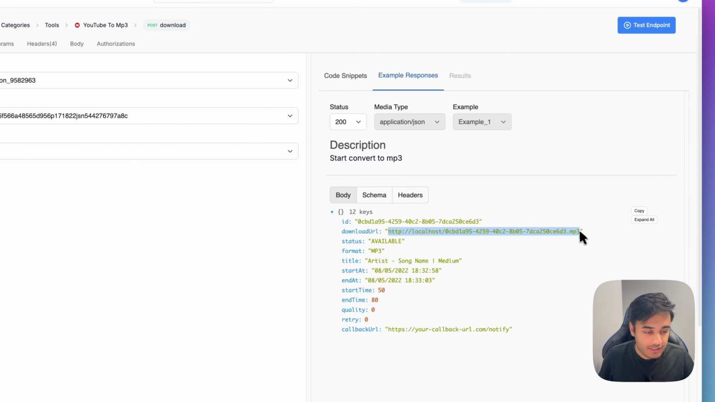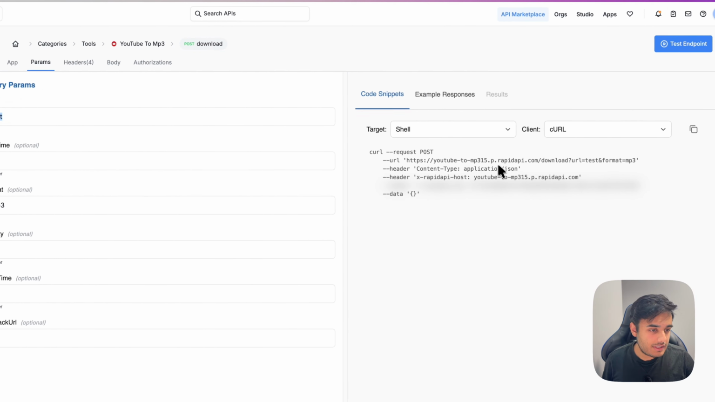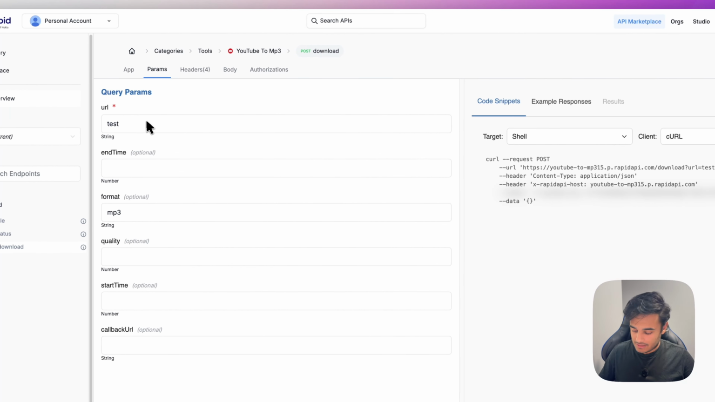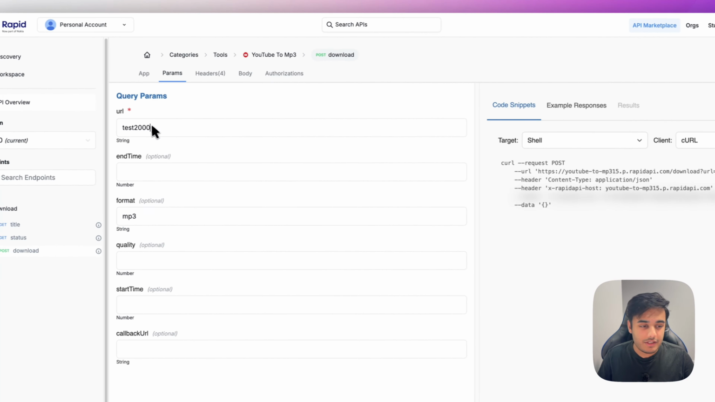Now that you're familiar with the layout of RapidAPI, what you're going to want to do is come to this parameters section over here. And in the URL, which is going to be our main variable, because the only thing that's going to change is the URL of the video we want to download, you can just put in test over here, right? And you can see over here, this is test right over here. And if I change it to like test 2000, for example, you can see test 2000 changes. So this is where we need to put our YouTube URL that we want to actually go and download the